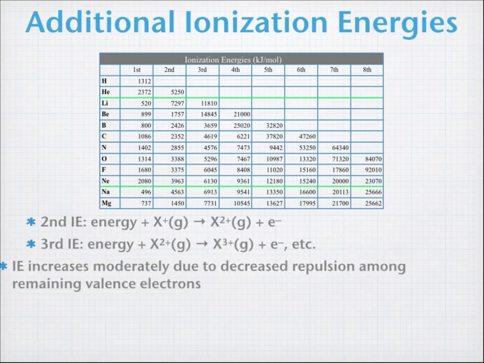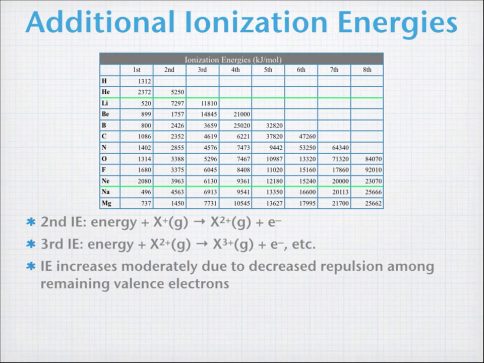Now, there are subsequent ionization energies as well. Second ionization energy removes a second electron to make the X2+. Third ionization energy removes a third electron to make the X3+, and so forth. And you can see we can go up to even the 8th ionization energy, as you see for neon and sodium and magnesium here. If you take a look across each row,